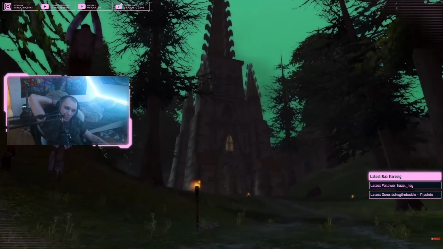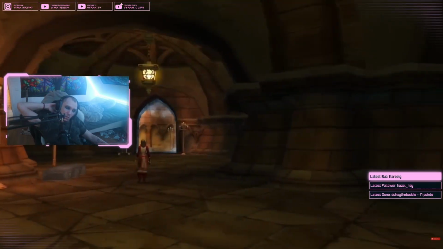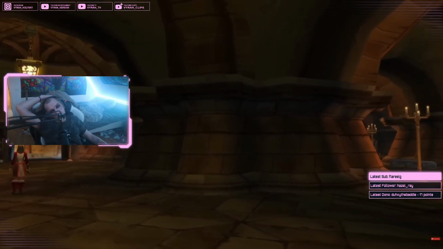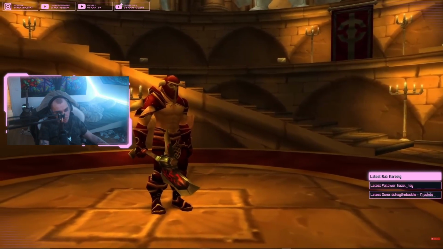Next, doing an area, the Scarlet Monastery is perhaps one of the most memorable dungeons in vanilla. It's split up into 4 wings, the graveyard, library, armory, and cathedral, and it's often the first thing that people think of when they think of vanilla dungeons.